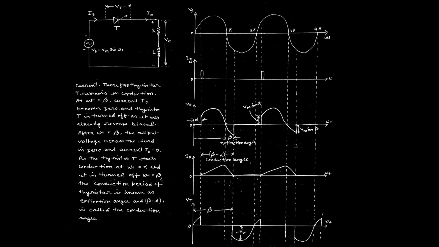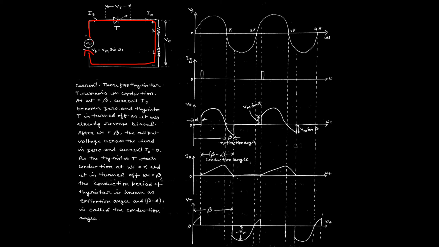During the positive half cycle, when the supply reaches a certain value and at the same time we apply the gate pulse across the gate, then the thyristor is in forward biasing condition and it becomes on. When the thyristor becomes on, the current starts flowing from the supply to the thyristor, then to the load and coming back to the supply in this way.